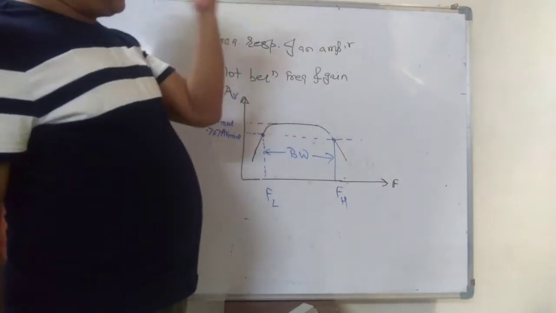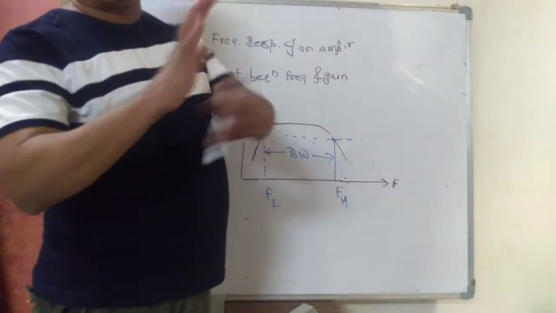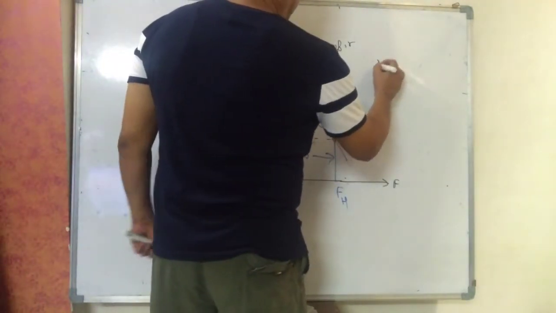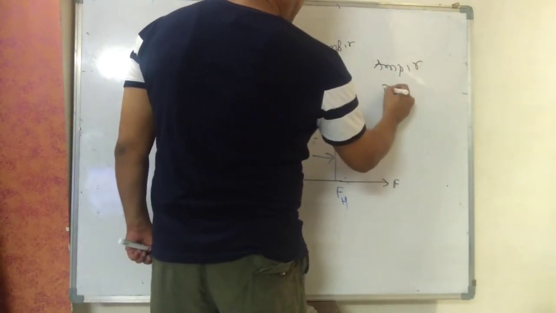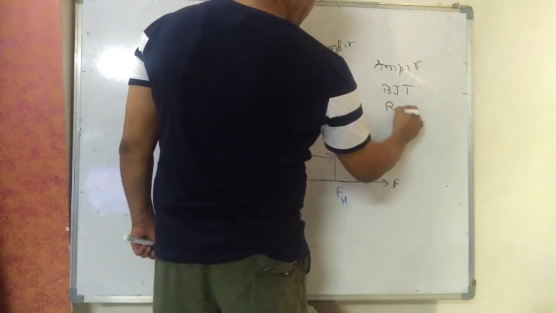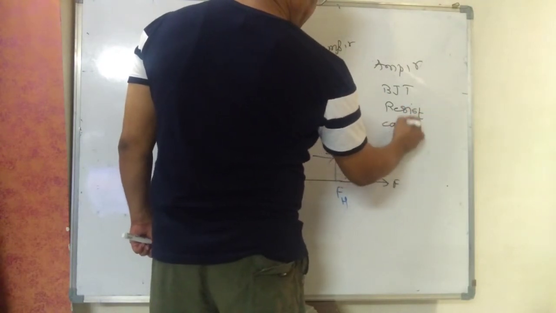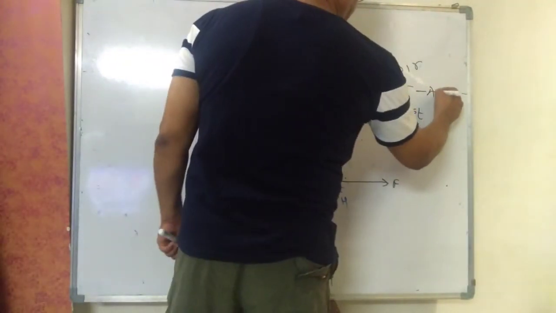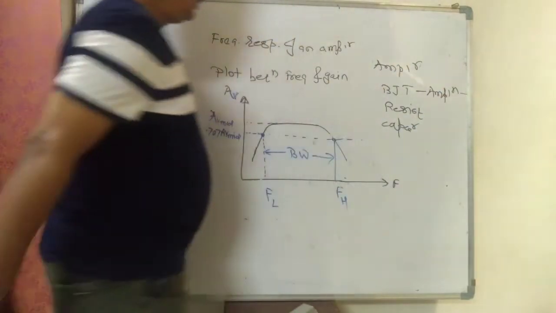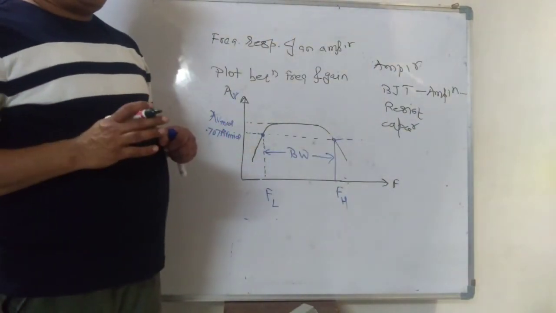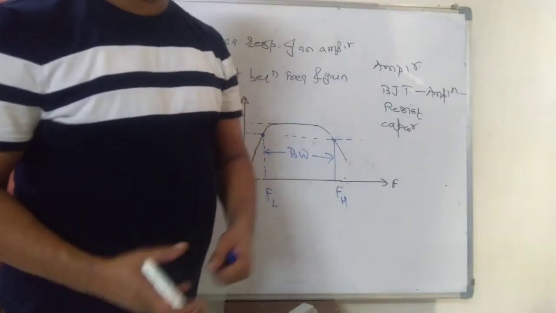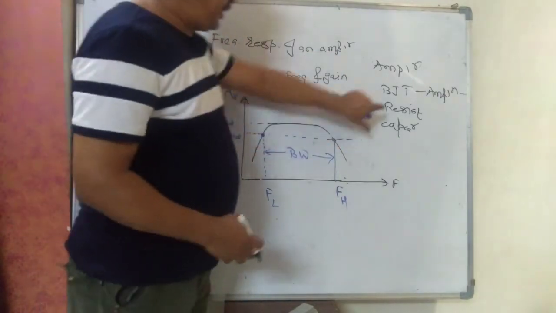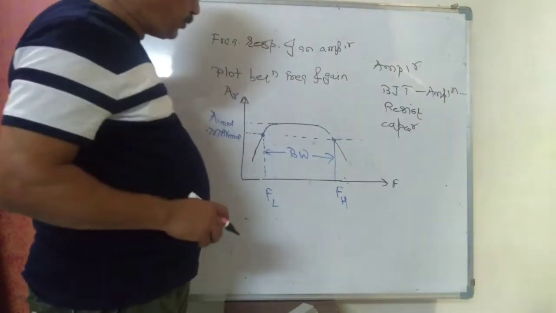Now what we have to study? Amplifier. It consists of transistor, resistor, capacitor combination. Amplifier consists of BJT or FET, resistors and capacitors. Out of which BJT will provide you amplification: higher output for minimum input. Amplification. Amplifier. And the resistor capacitor combination will provide you the response, the nature of response.